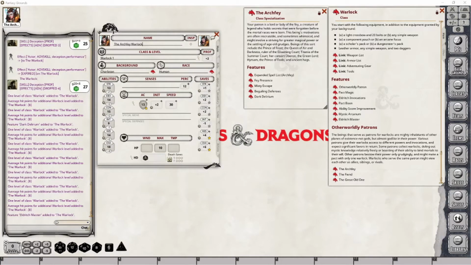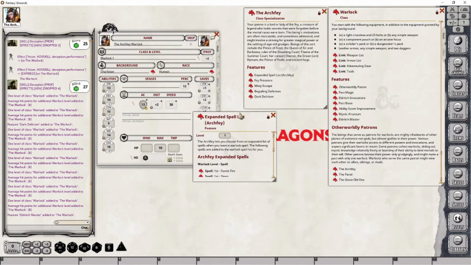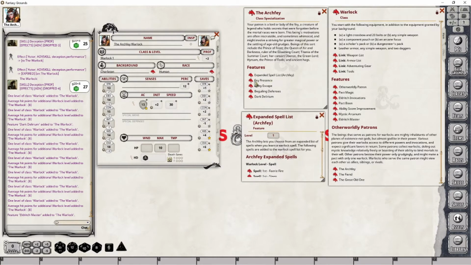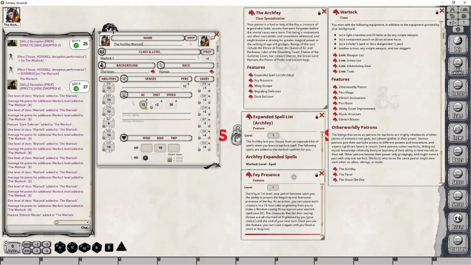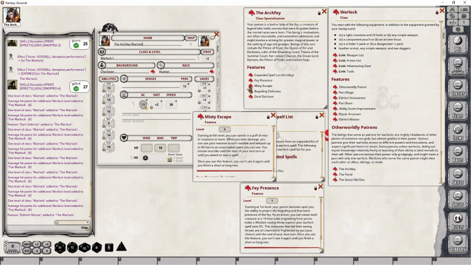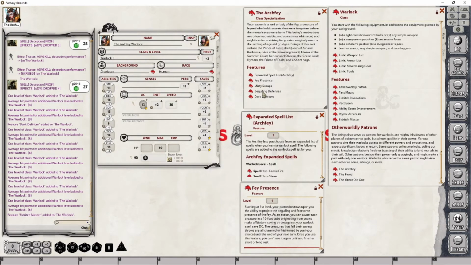As I've already covered all of the basic aspects of the Warlock features in my previous video, let's simply focus on those that you're gaining through the Archfey Patron. The first is something called an expanded spell list. So let's open this up and just set this aside. And I believe the next one we will be gaining initially is Fey Presence. I don't think we get that one yet. We get that a little later on. So let's go over what these two particular features actually give us.